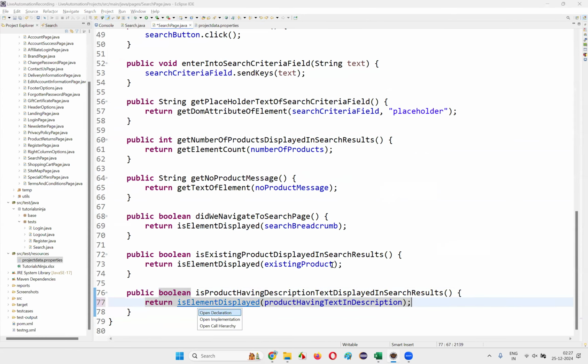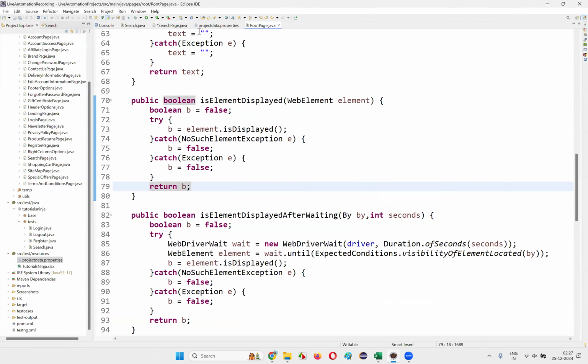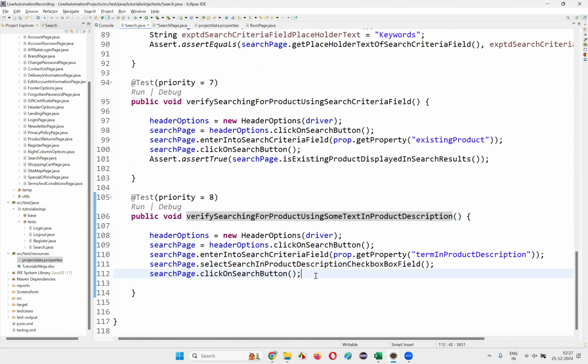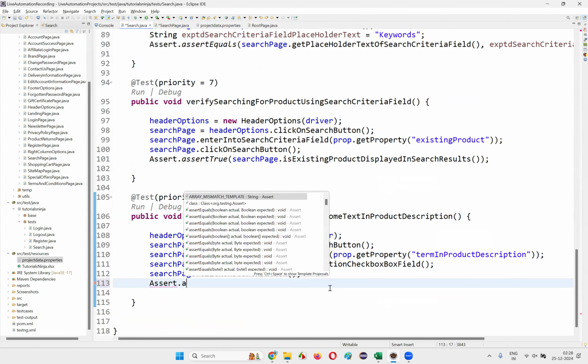Is element displayed will take care of the stuff. Okay, all this verification will be done. Then go to the search. What is that, guys? Search.java, and here write down assert true